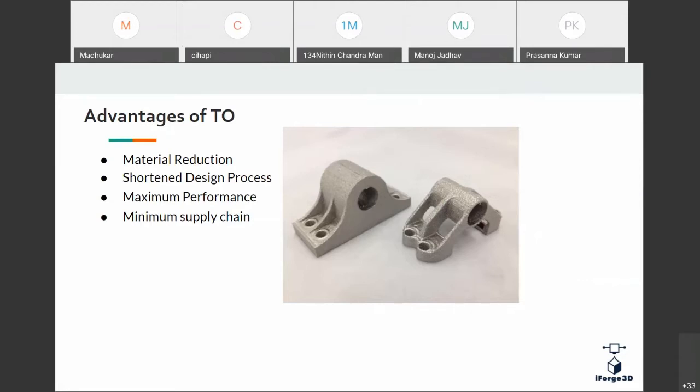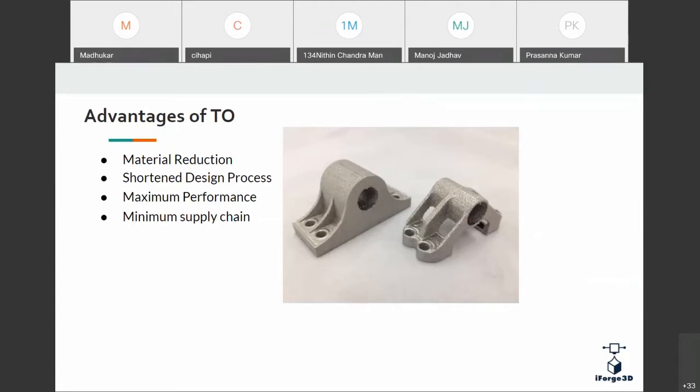And next is maximum performance. Obviously, as I said, when you do this topology optimization, you will be performing an FE analysis, which is nothing but a virtual analysis of the product, based on its original or functional conditions. Because of that, the object you get from that workflow will have good performance and efficiency.